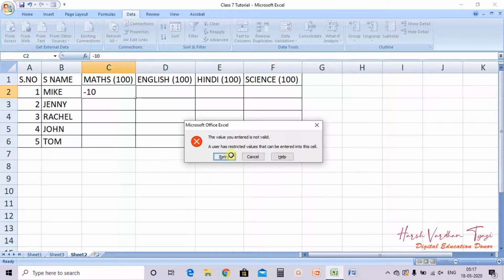Data validation means if you want to restrict the entries of a specific range or a single cell to certain values, either in between a range like we have done just now, 0 to 100, or greater than equals to, less than equals to, whatever criteria you select, the numbers specified for that range only will be entered in the cell.